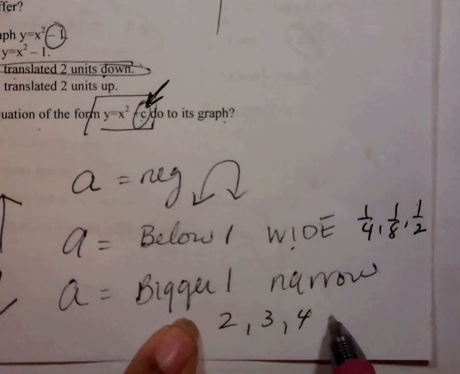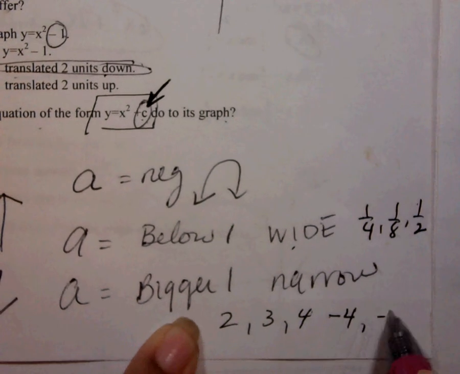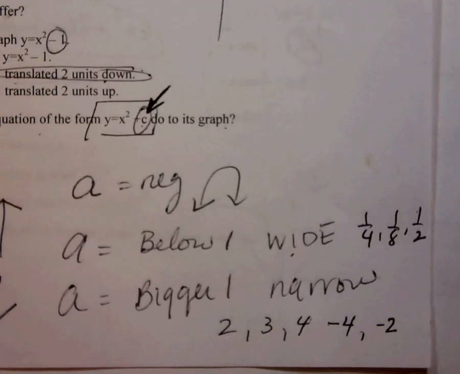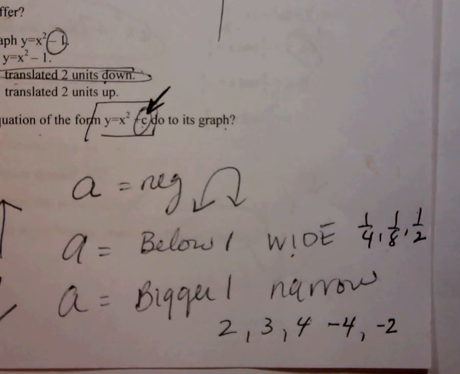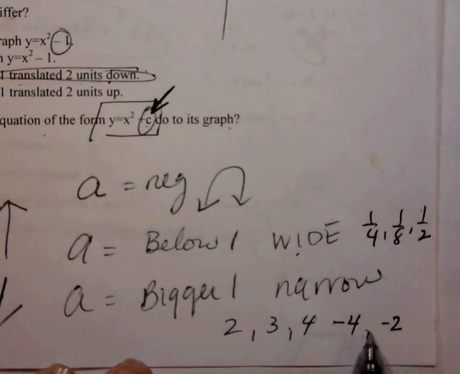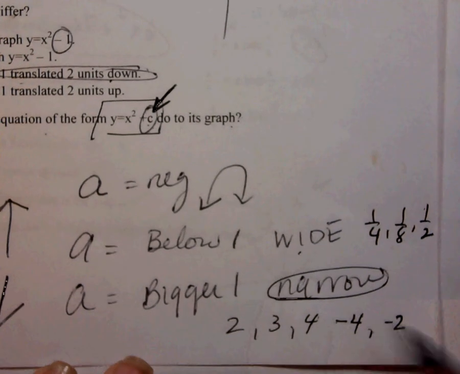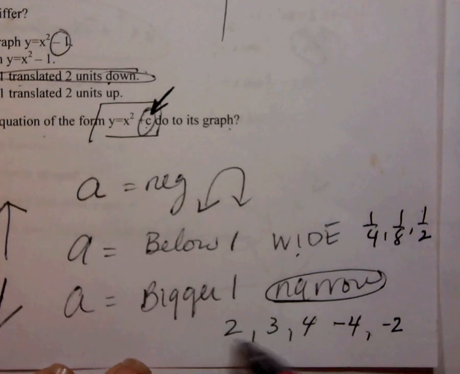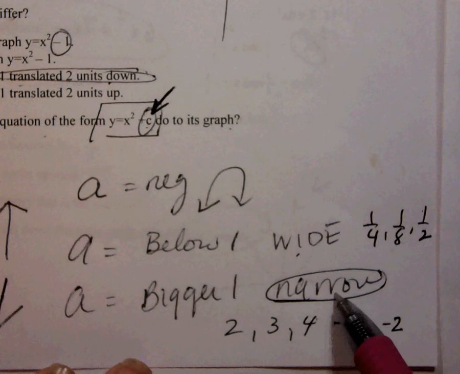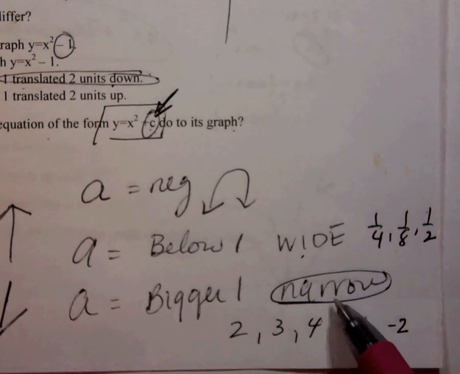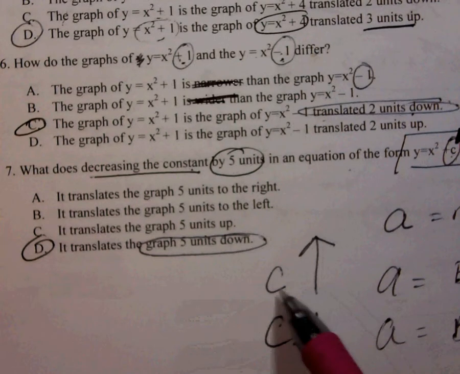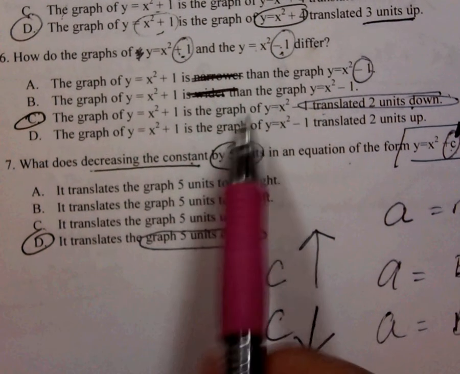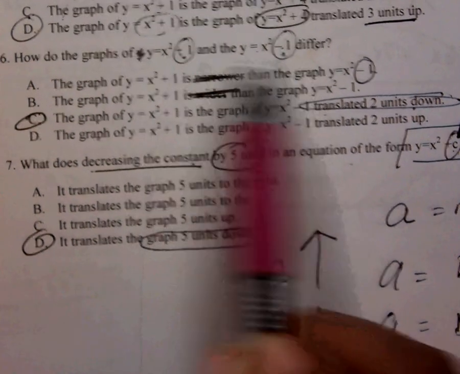you could even use -4, -2, because you don't pay attention to the negative. It's the absolute value of it, so only the positive version of what you see for A. But whenever you have those numbers, it's going to be narrow, the opposite. 2, 3, and 4 are big, so my graph would be narrow. When you're talking about the C, meaning the number in the C spot, like +1, -1,